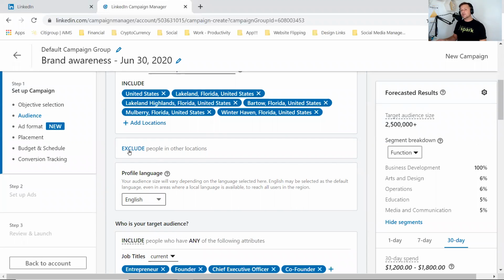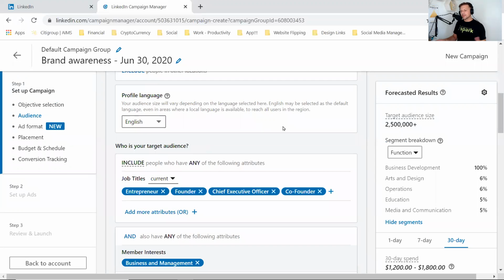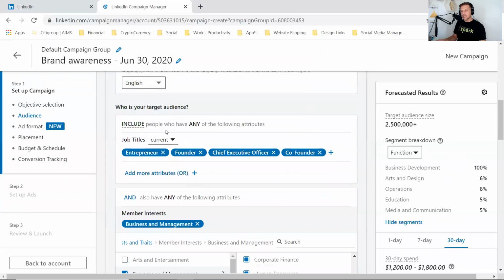You can even get very specific and say, I don't want to target, for example, Mulberry or what have you. You can get very narrow there. I'm also selecting English. If you're multilingual or bilingual, you can select other languages. But right now, I want to include people who have any of the following attributes. Now, because I am focusing on